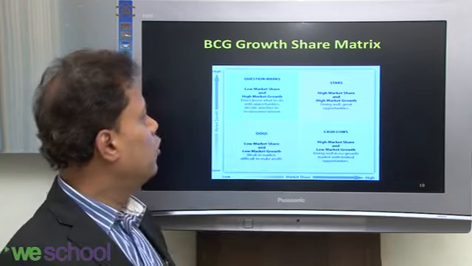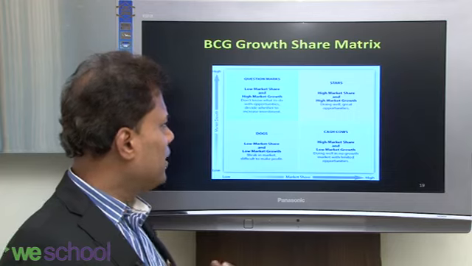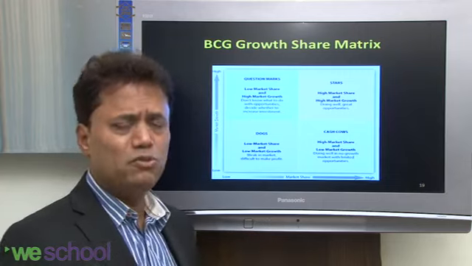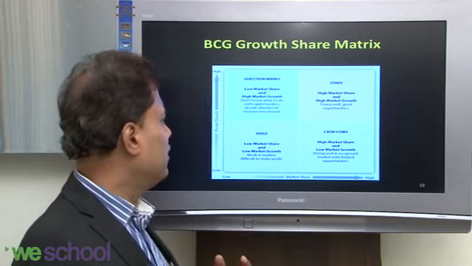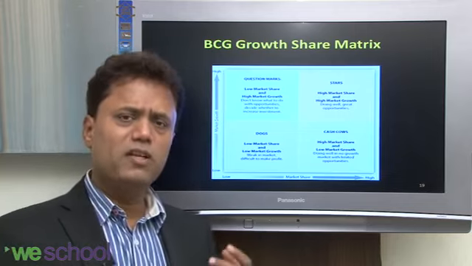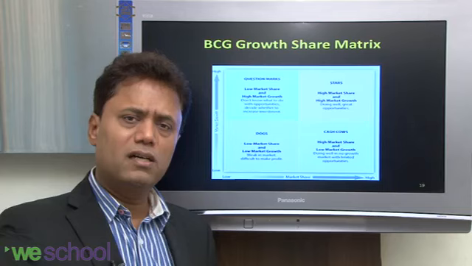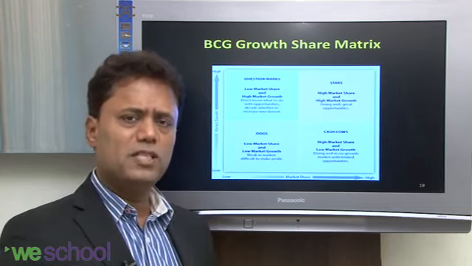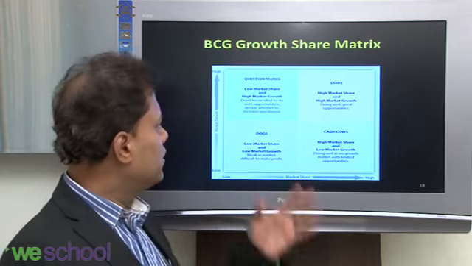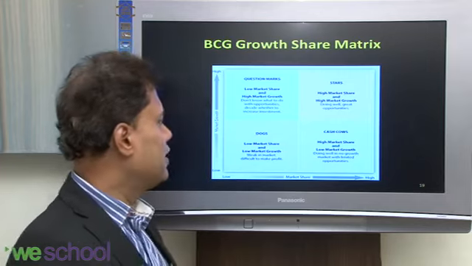The third one is low market share and high market growth. You don't know what to do with the opportunities. Your market share is low, but the average market growth is high. That means you don't have a strategy to leverage the market potential. Decide whether to increase the investment. You have to get into that space because it becomes a question mark. There is huge opportunity. There are customers who want to do business, but your company is not ready. The company is not geared up to take up the challenge. So this is a clear opportunity for increasing the investment or diversifying or expanding your investment.